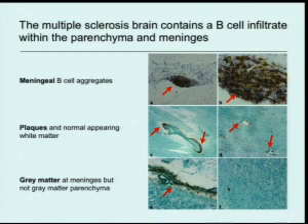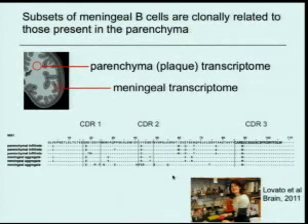I just mentioned that an emerging idea in the field of MS is that the earliest event, in fact, are these meningeal B-cell aggregates in the sub-pial region, where Th17 CCR6 positive cells begin, and then they license the classic events of perivenular migration of T cells into the plaque tissue. Much of this work was done in the EAE model by Federica Sallusto in Switzerland. So we wish to ask whether the B cells in these B-cell aggregates in the plaque and in the gray matter at the meninges, which appear to be a very early event in MS, whether these B cells are related. This is work done by